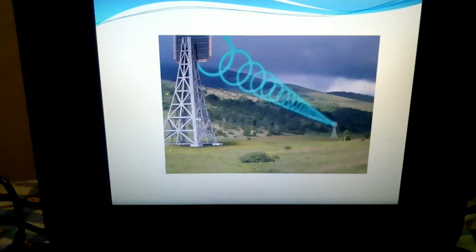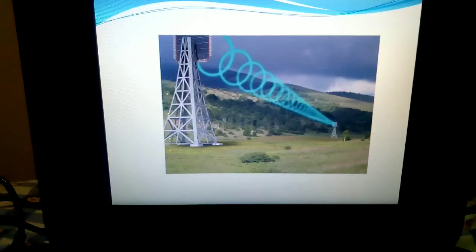And one more thing you should take care of in case of microwave is that your antenna should be very high. Okay, they should be very high. And these microwaves cannot deviate. If any obstacles come in between, these microwaves cannot penetrate those obstacles. That is one of the disadvantages in case of microwaves.